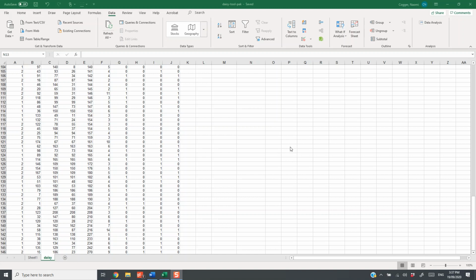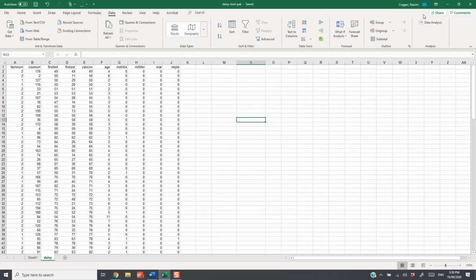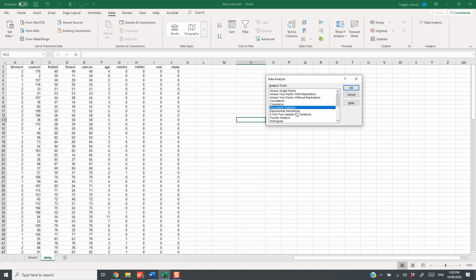Okay. The other reason, if you do have an older version, I would not recommend using the data analysis ToolPak for your histogram, is that you can get a much nicer histogram with a lot less effort if you use the chart function. Okay, so for anyone that is using a version of Excel earlier than 2016, unfortunately this is your only option. And so what we're going to do is we're going to click on data analysis, and